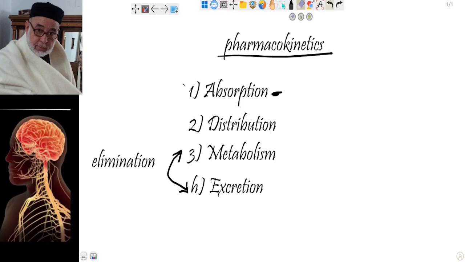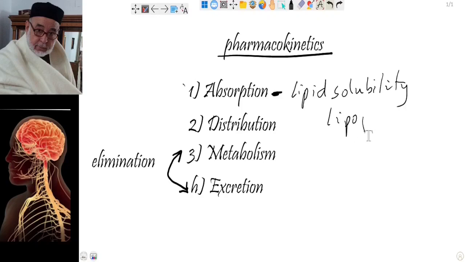So the absorption rate from the site of administration depends on the lipid solubility. The higher the lipid solubility, which is known as lipophilicity,